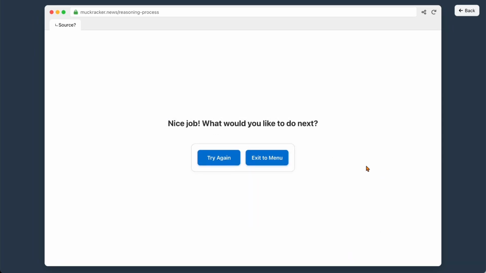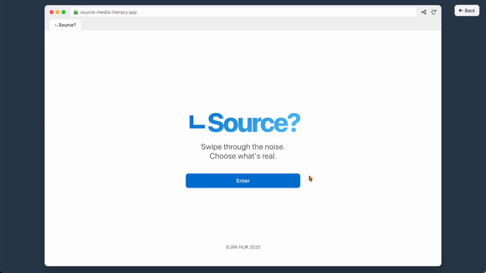By combining seizing and freezing theory with overstimulation design, Source makes visible how difficult media literacy really is. It trains students to handle cycles of uncertainty and to treat AI outputs critically as sources to evaluate, not just tools to trust. In doing so, it offers something different from static curricula. It offers an active space where students practice reasoning under real-world pressures.